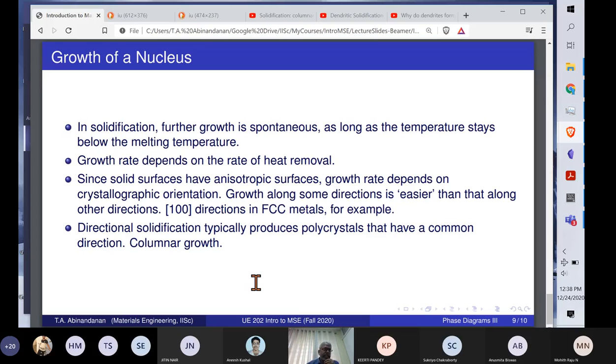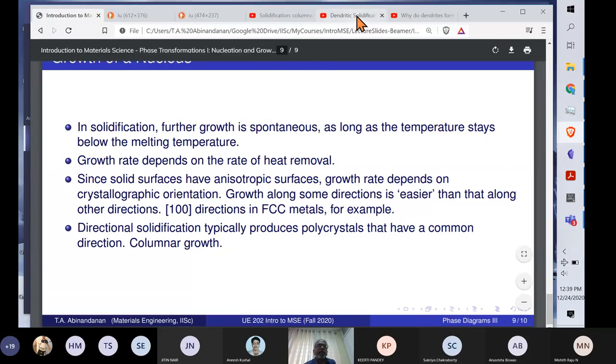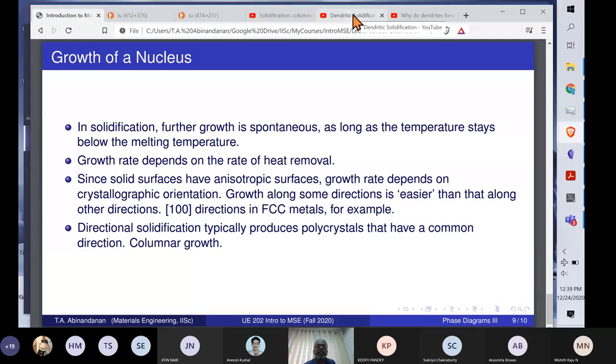In some cases, it leads to the formation of columns of grains in the case of directional solidification. Directional solidification is one where you start the solidification process at one location, and heat extraction is exclusively along that direction. And I have several other tabs on my browser here, so let me see if we can see some